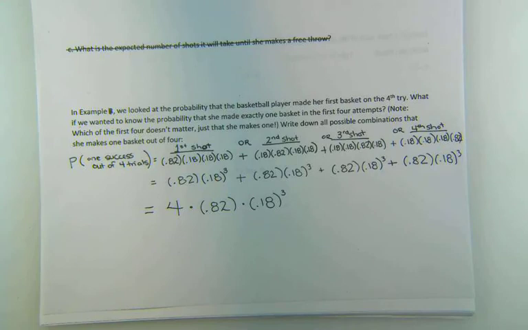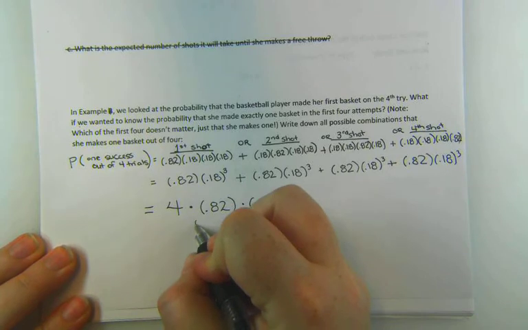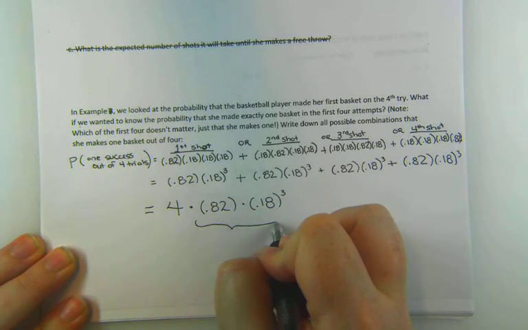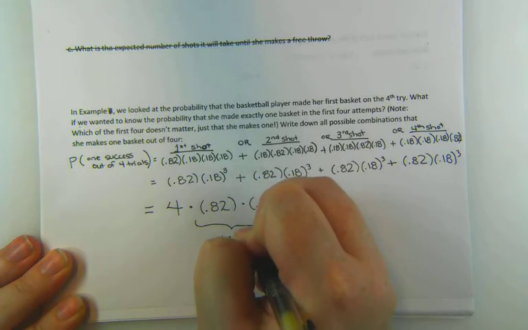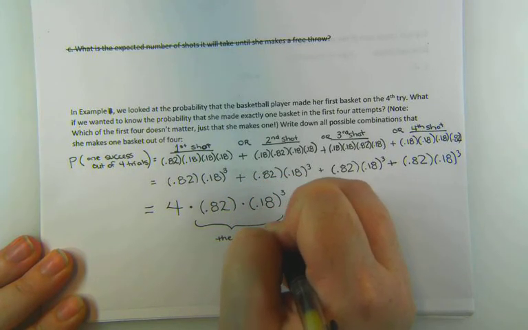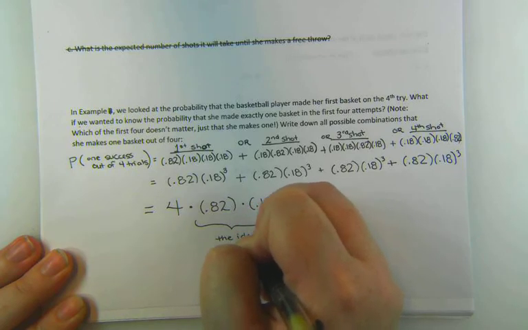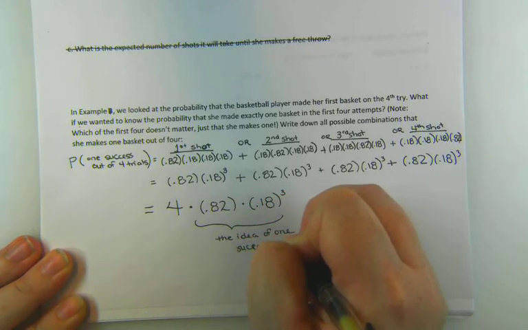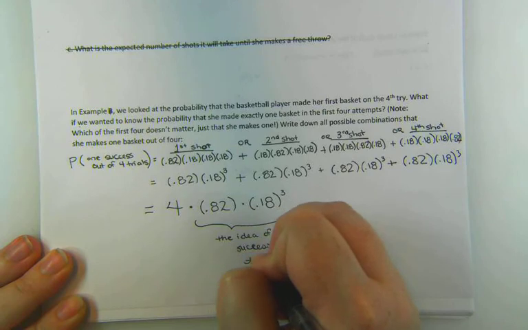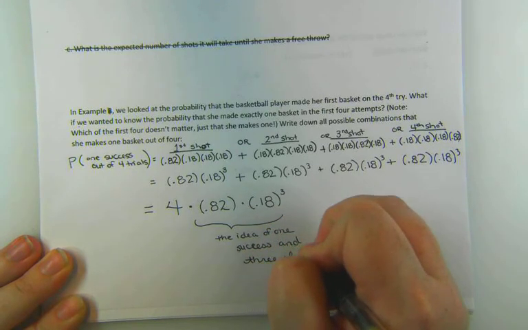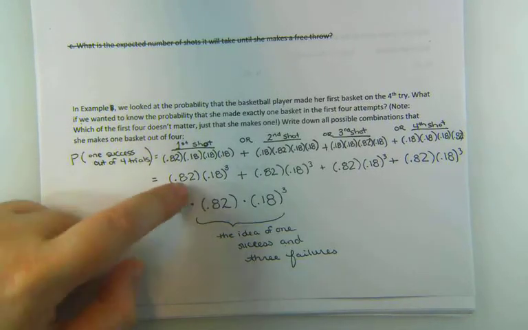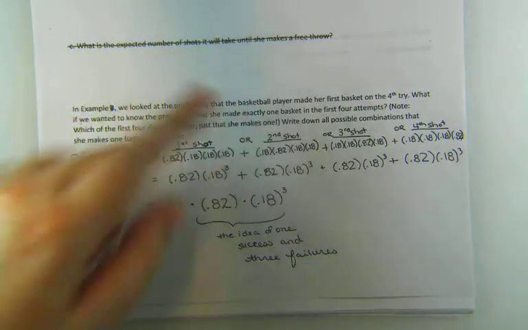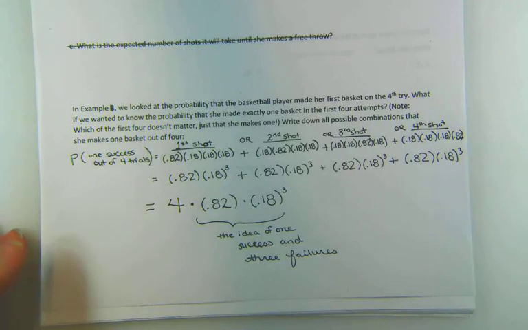So in terms of how the probabilities work together, the same scenario is coming through. It's just that there were 4 different ways that this could occur for this scenario. So it's like we have 4 times our 0.82 times our 0.18 being cubed. And this is getting at the formula for the binomial model. I think of this in terms of 2 pieces. This piece over here, this is getting at the idea of